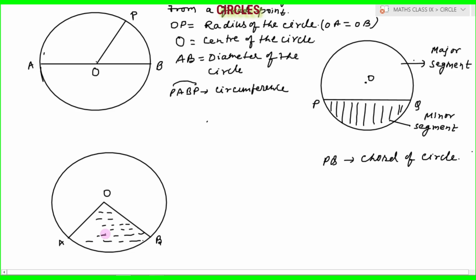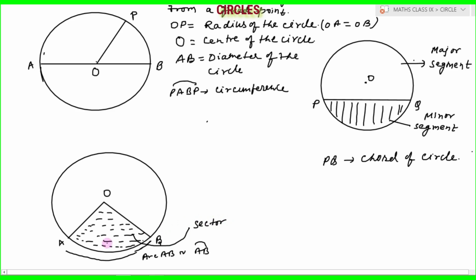So this is the area enclosed by two radii and the corresponding arc. A to B is termed an arc. Here to here, this length is called arc AB. We write it like this, AB with a symbol above it, which gives you arc AB. So this area of the circle enclosed by two radii and one corresponding arc is termed your sector.